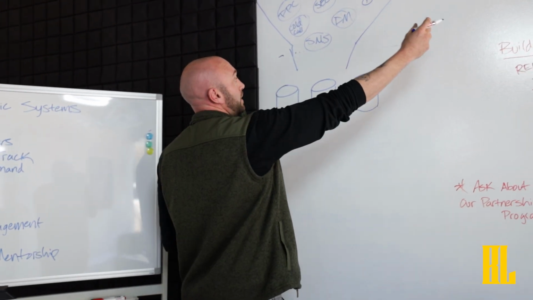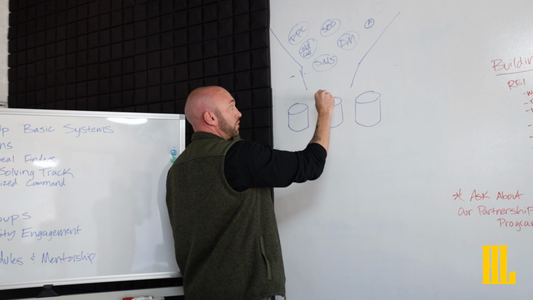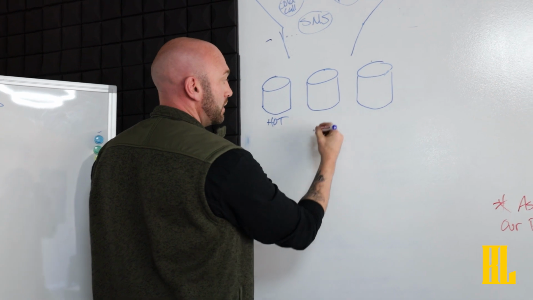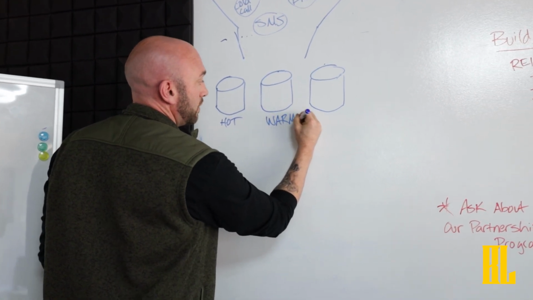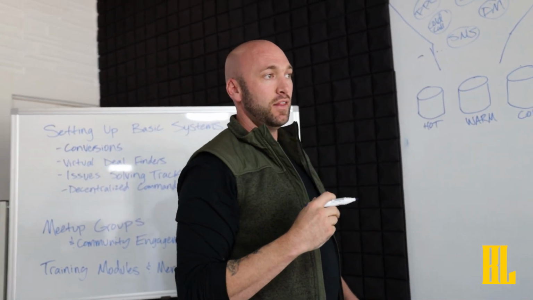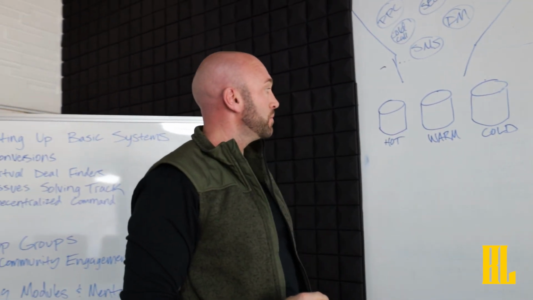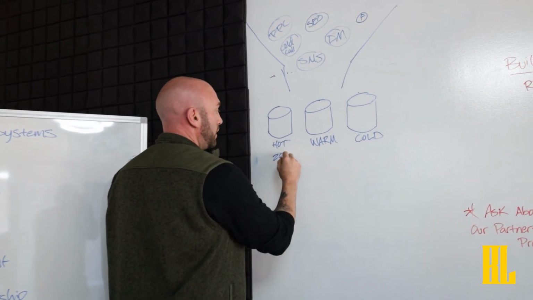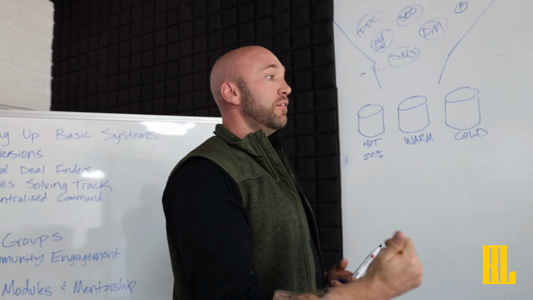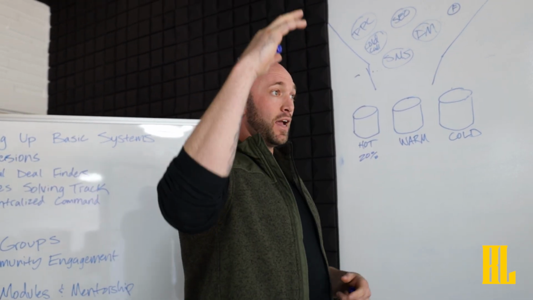Every single lead is going through our sales funnel, and it needs to fall into one of three buckets. We have our hot leads, our warm leads, and our cold leads. Every single lead that comes into the pipeline needs to be assigned to one of these three buckets. Hot leads are going to be about 20% of our deals. That's what we would consider low-hanging fruit. Those are the sellers that we get on the phone and they're like, hey, yes, I need to sell my house like yesterday. They're raising their hand, ready to go.